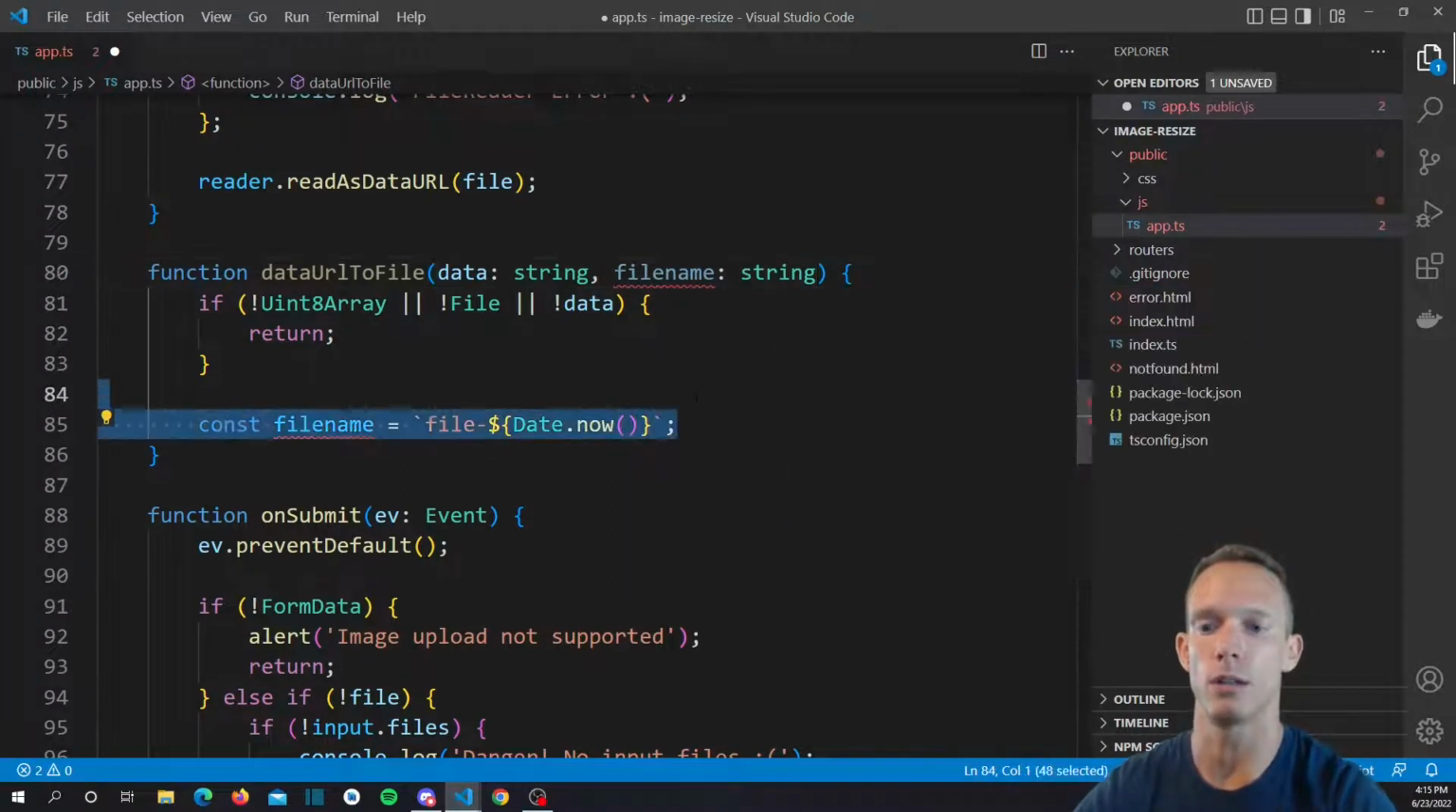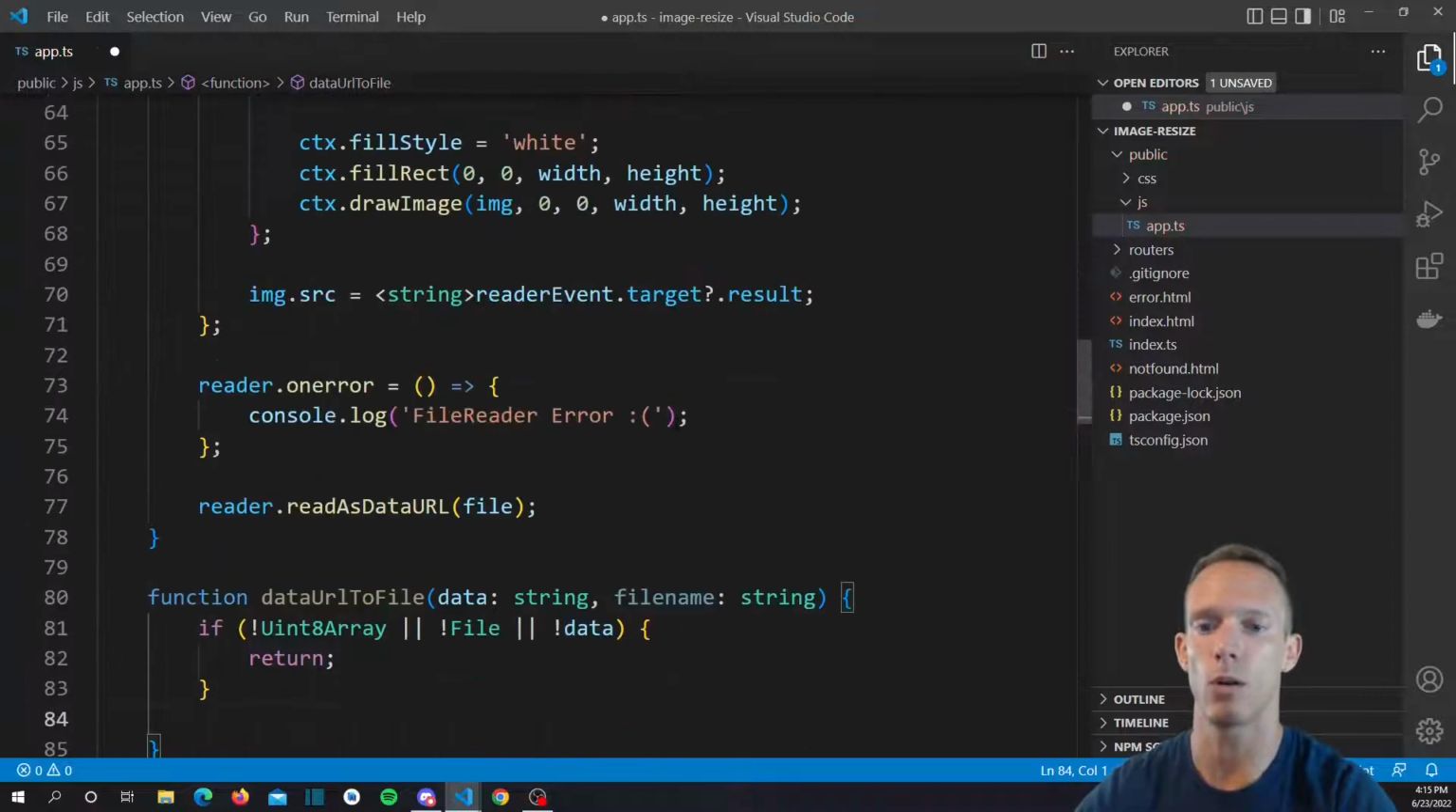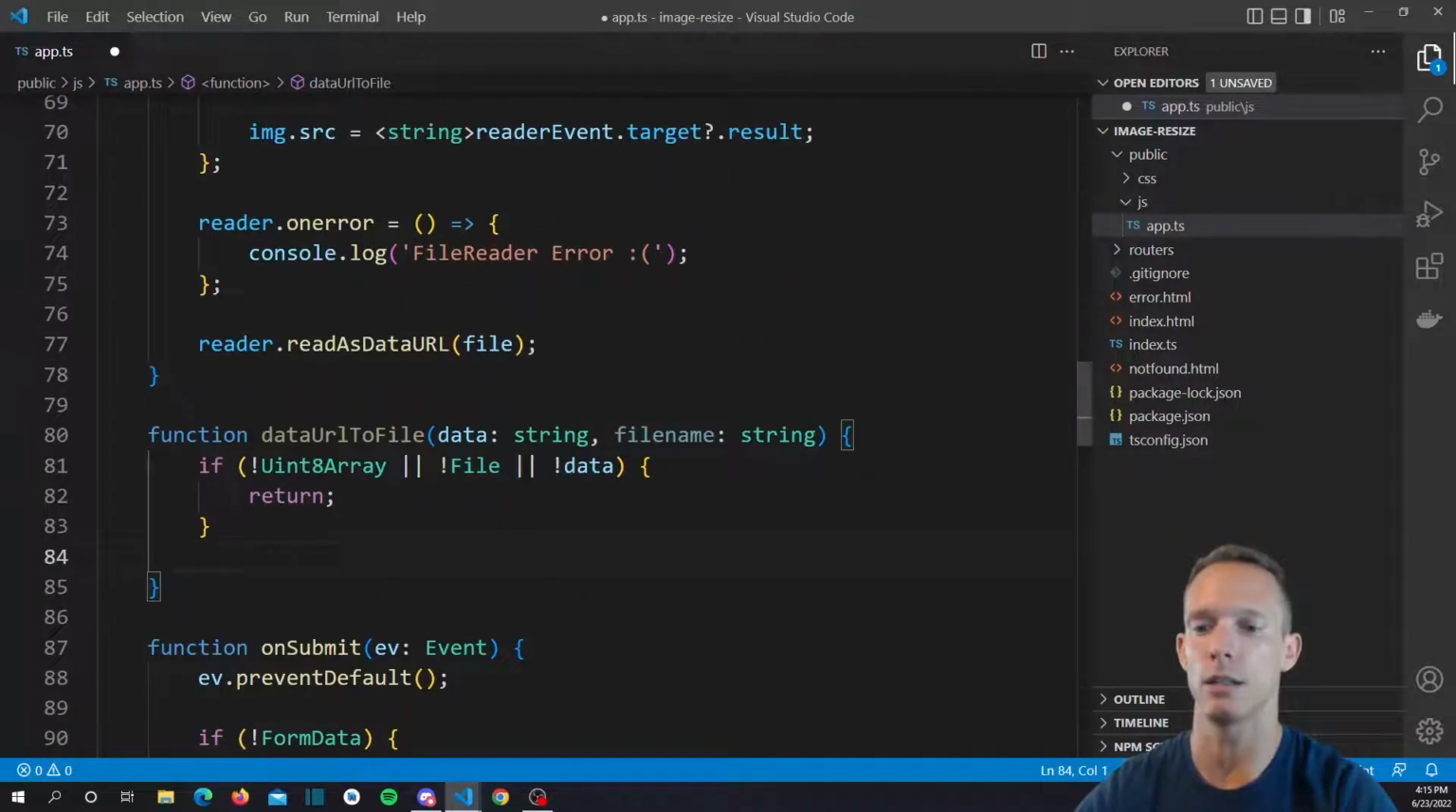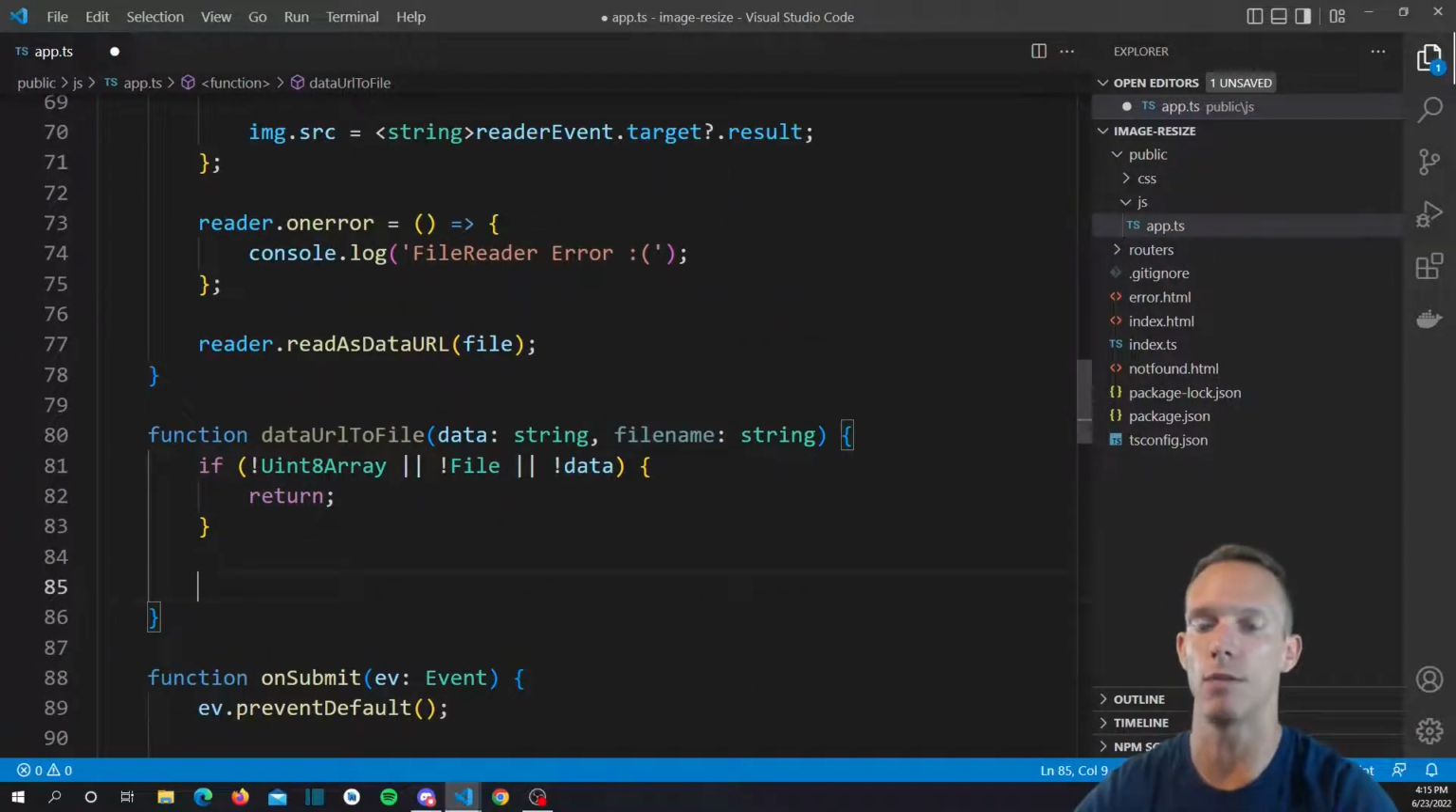And we're going to go ahead and delete this. All right, and then when we call this, we're going to pass in the file name of the file we're passing in, but then we're going to add resize to the end, just so we can actually see that that file is the resized one versus the original. So then we're going to look at if